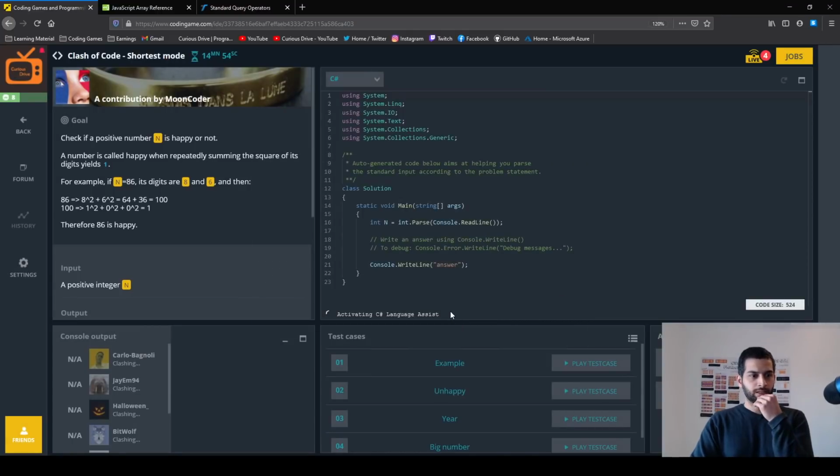Okay, shortest mode. Check if a positive number n is happy or not. A number is happy when repeatedly summing the squares of its digits yields 1. For example, 86. Its digits are 8 and 6, and then 8 to the power of 2, 6 to the power of 2. 64 plus 36 is equal to 100, and 100 is equal to